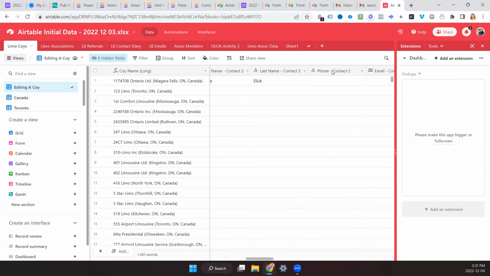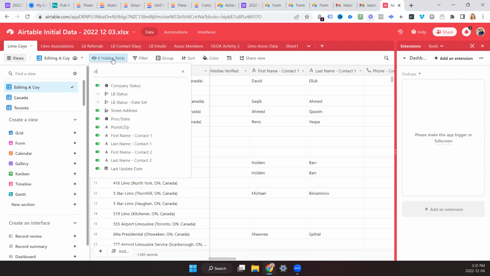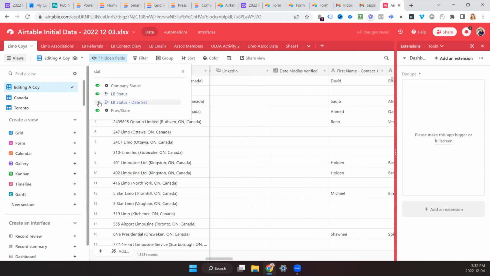Like phone number. If you go all the way over, I think I have a limo board status, LB status, might be even right after the names. Yeah, these ones look like they're off, so I'd have to turn them on to find them.